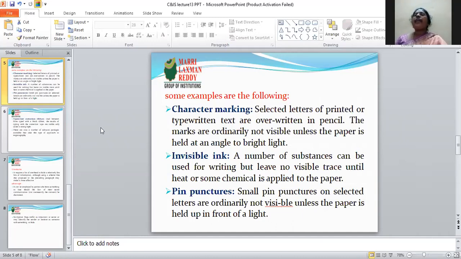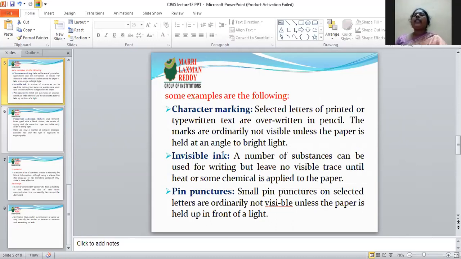Here we are applying bright light on the paper, and after that the character marking becomes visible. If we do not apply the angle to bright light, we see only white paper.